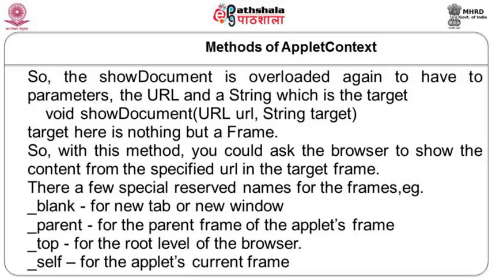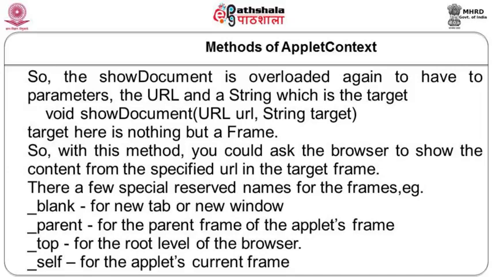The target here is nothing but a frame. We have these frames in your HTML page, which is currently being shown, and one of the things in it is the Applet. The Applet is trying to ask the browser to show a particular URL page. So it gets the Applet context and asks it to show a document, giving a URL. But what is this target? Target is nothing but a frame. So you could say this page which corresponds to this URL needs to be shown in